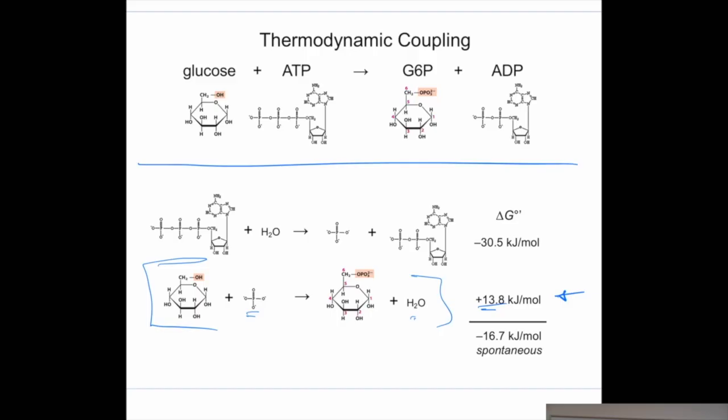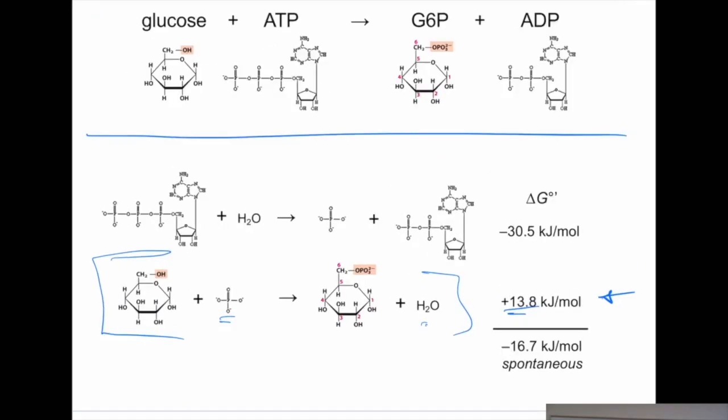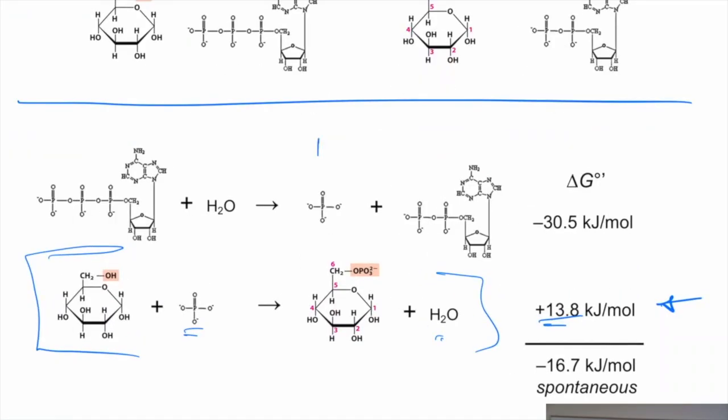It's non-spontaneous. And how do you know? Delta G is positive. So how does this reaction by itself happen? There's a separate reaction, ATP. When ATP gets hydrolyzed into inorganic phosphate plus ADP,